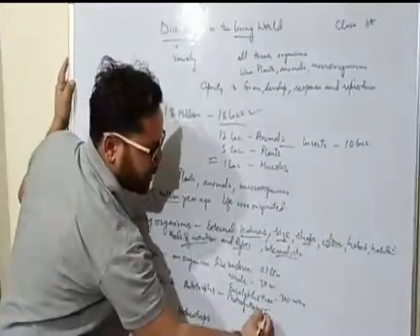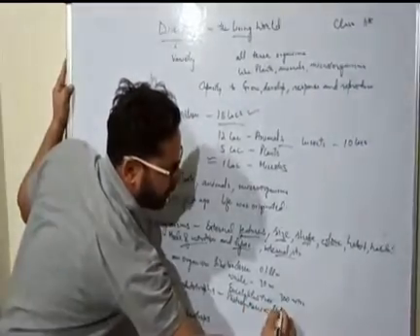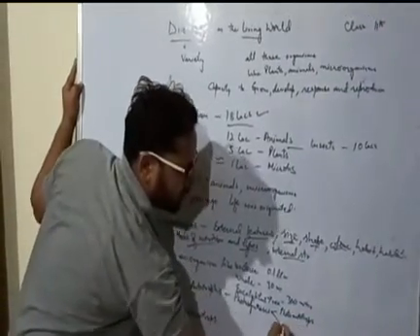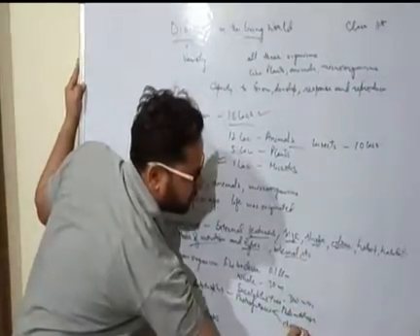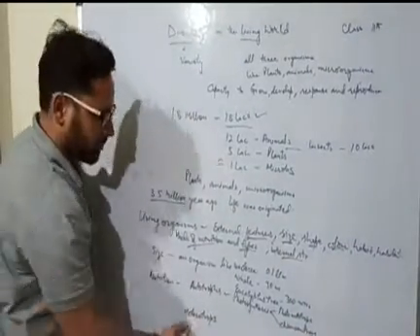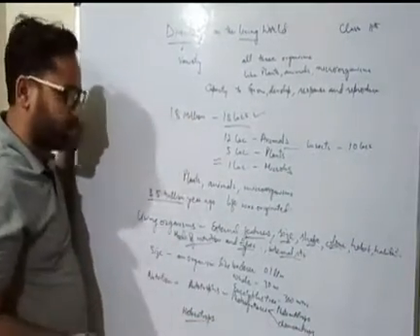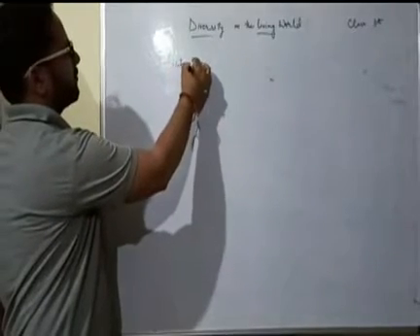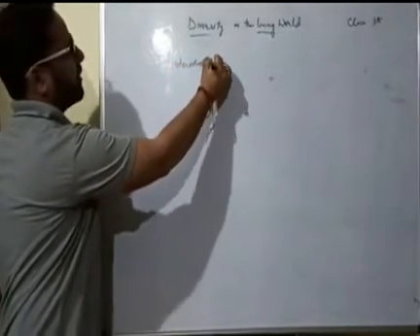They can be further classified into photoautotrophs and chemoautotrophs. And then heterotrophs. We are included in heterotrophs, and heterotrophs can be classified into